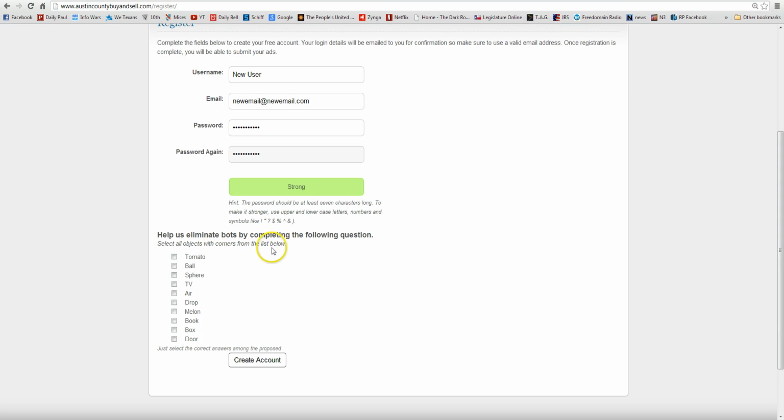So think of what has corners. A tomato doesn't have a corner. A ball doesn't have a corner. Neither does a sphere. A TV does. Air doesn't. Drop doesn't. A melon doesn't. A book does. A box does. And a door does. And once you click those, then you click Create Account, at which point it will tell you,